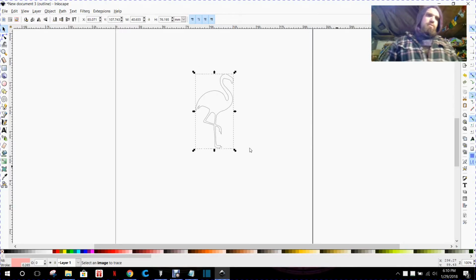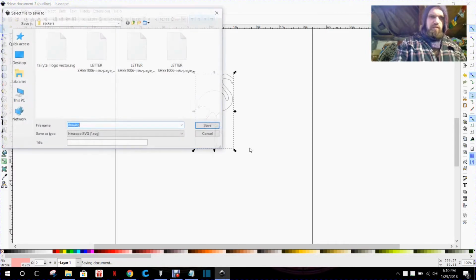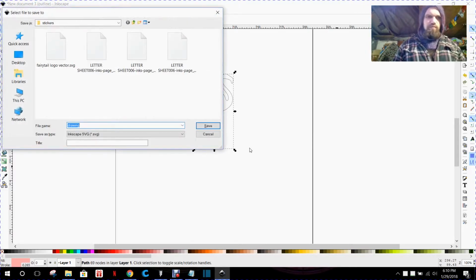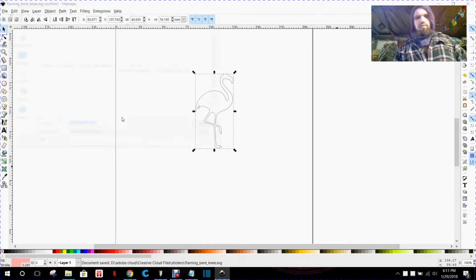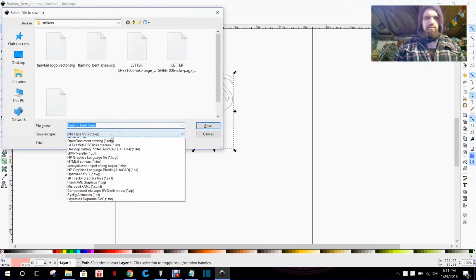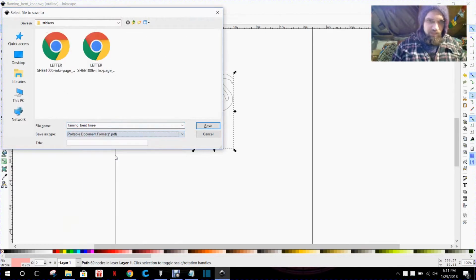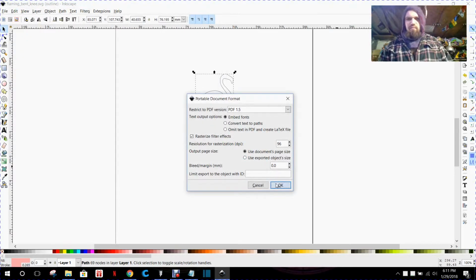I'm just going to position that relatively in the center, hit Control S to bring up the save options, or Control Shift F to save as, and then we're going to go flamingo underscore bent underscore knee. And SVG saves this file. I'm also going to do Control Shift S to save as and switch this to a PDF format because I had issues with bringing SVGs from Inkscape into